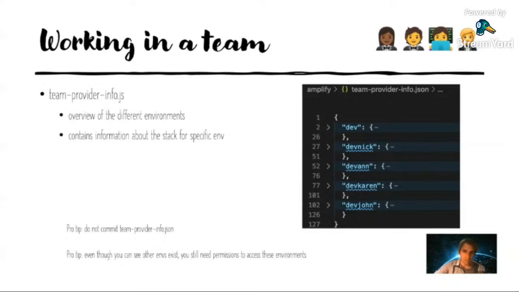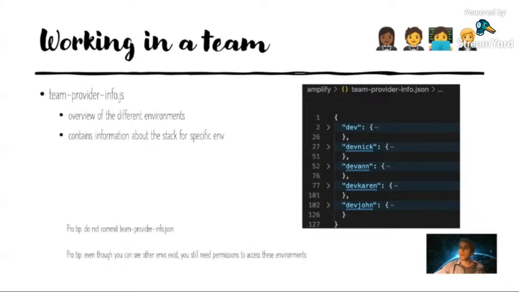Now, a mistake I sometimes see in the community is when you make something for the community, then you should not commit this file. Because even if you have created multiple accounts, multiple environments, maybe across multiple accounts, the people across the world from the community that will check out your code, they won't have access to your cloud account, so they won't be able to push to your environments.